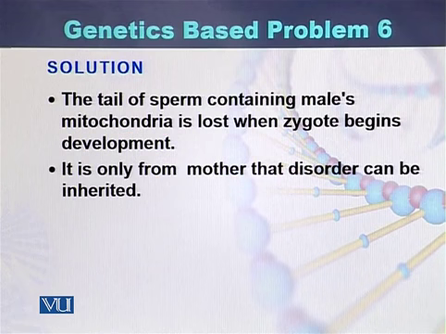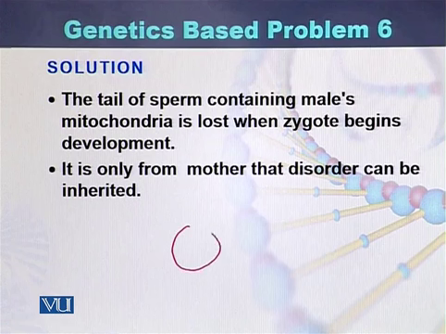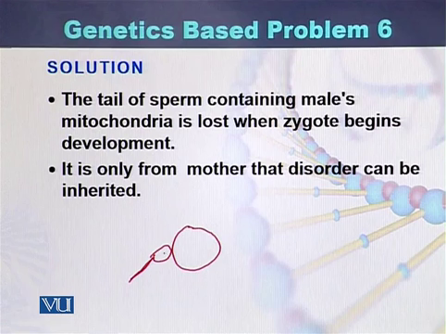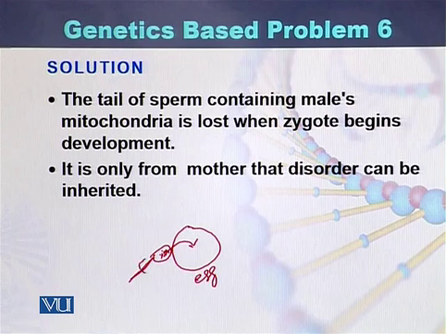So based on this information, if this is the egg and this is the sperm, in case of the egg, only this head part, the DNA present in the sperm, will enter into the egg. In case of the sperm, the mitochondrial DNA is present at the tail, and this mitochondrial DNA will not